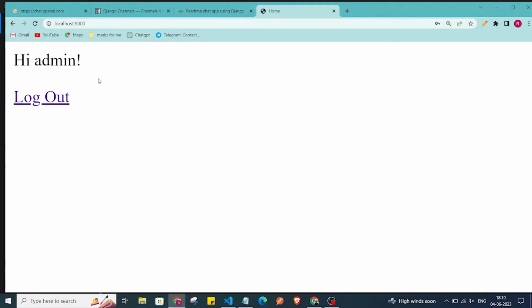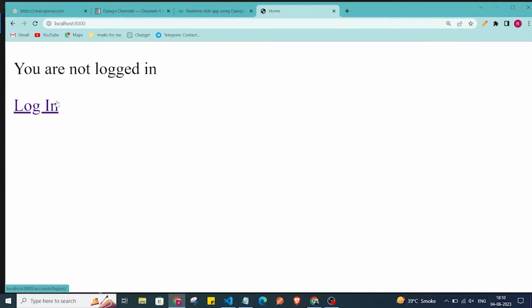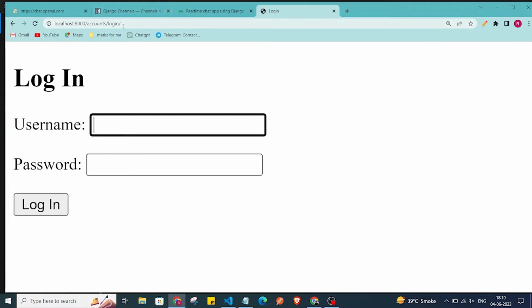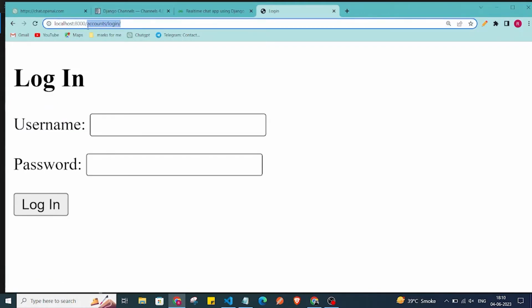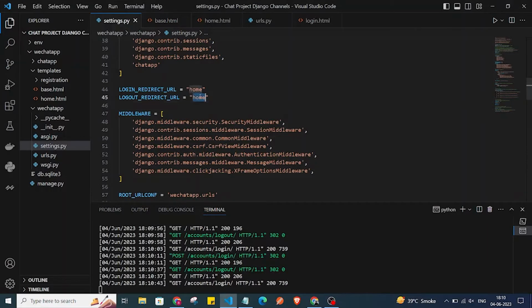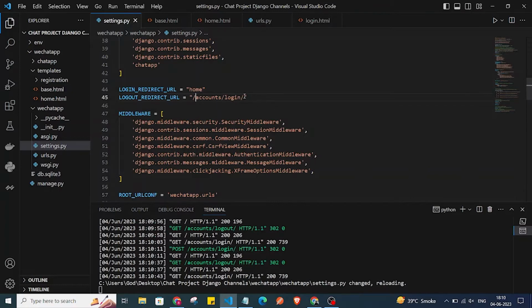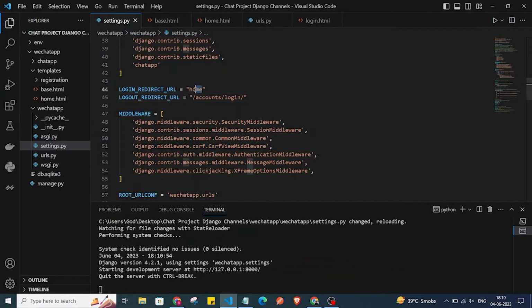So now we are going to update our code, and now we are going to focus on the Django channels. Okay, so here, this is looking fine. Now let's say if the user logs out, then I want it to directly go to this login page. So we will just redirect the user to accounts/login,